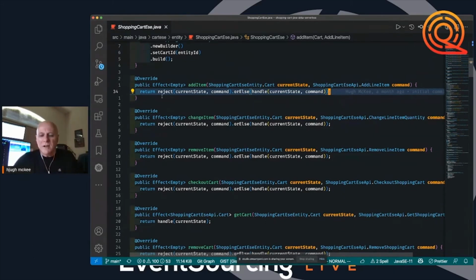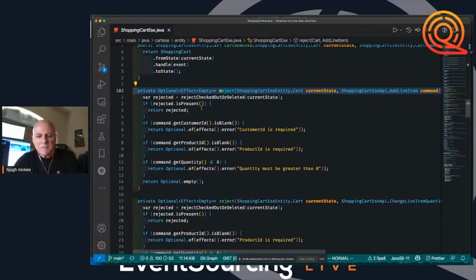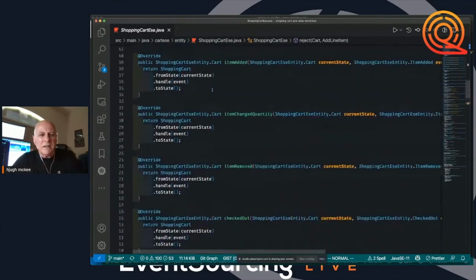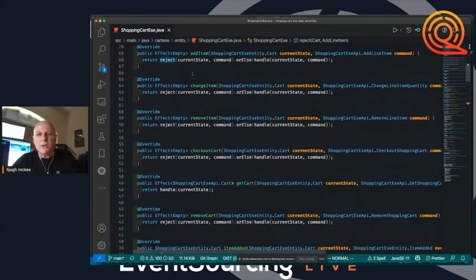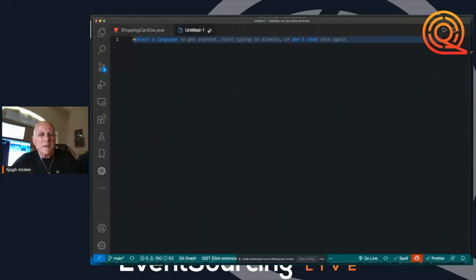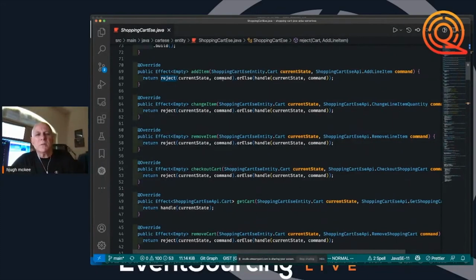And this reject method just does some basic validation. I'm just trying to show some validation, but I'm using a Java optional. If you're a Java developer, you're probably very familiar with optionals. But the idea is that the reject does a check: if it's not a valid request, it's going to reject it and return a reject response, or else it's going to handle the request. So in the handle method,